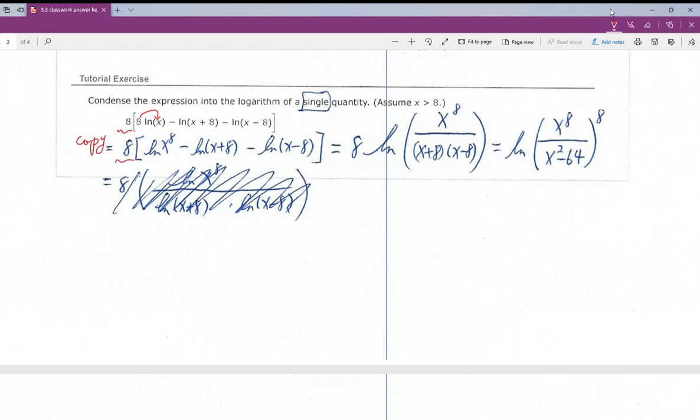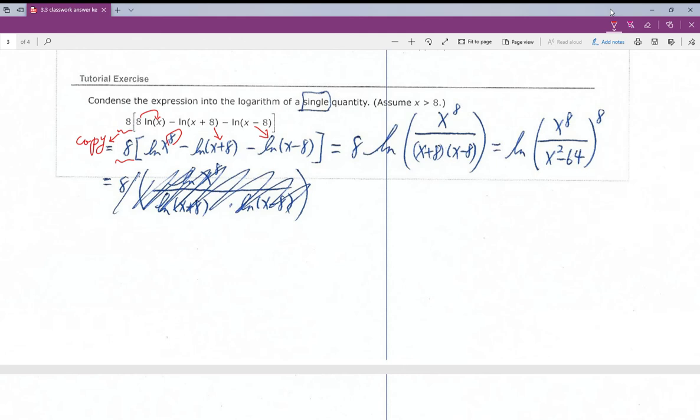this 8, okay? Now, the only thing you can do is bring this 8 to the degree here and copy, okay? Copy. Whenever you cannot do anything, please just copy. Okay. Now, after that,